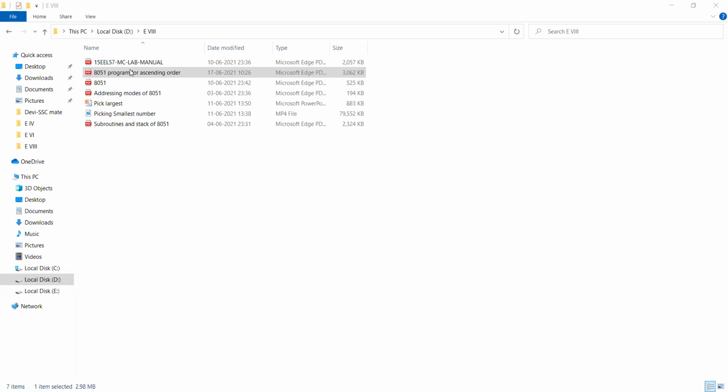Let us take 4 3 2 1 as the given order, but we want the numbers in ascending order. Ascending order means the smallest number is first, then the next bigger number, next bigger number, and finally the largest number.